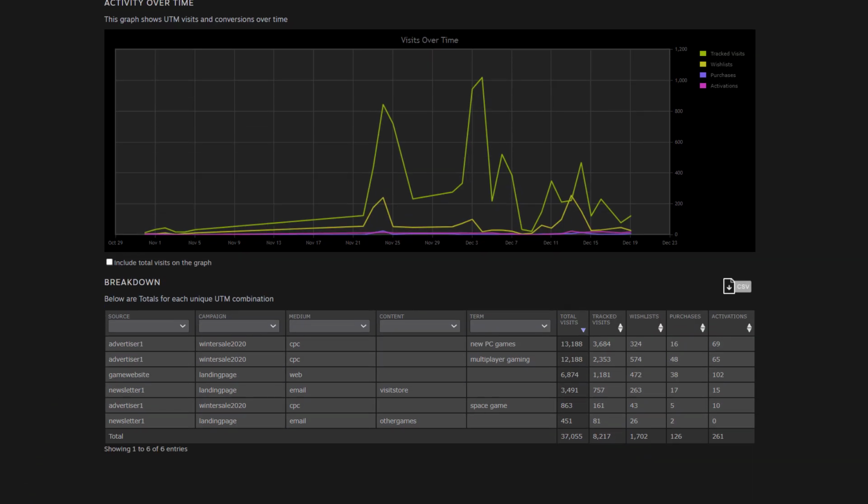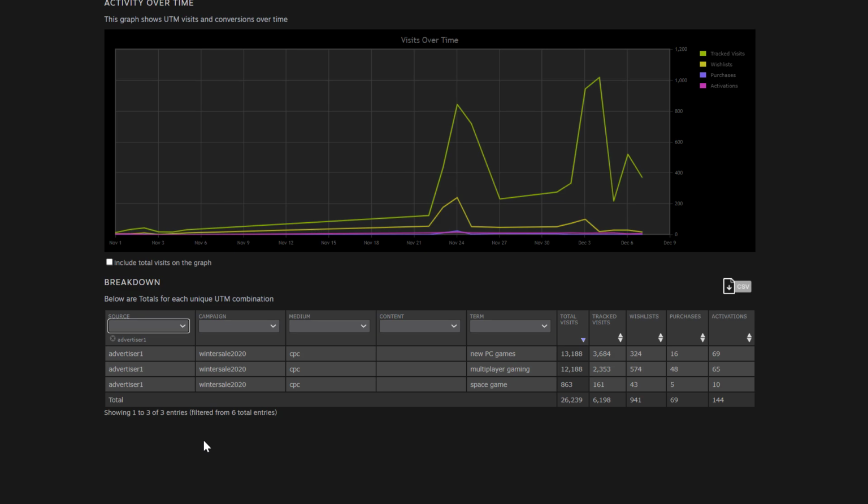And in this section, this detailed view includes information that you can filter based off of whatever you like. So we could choose a different source, such as advertiser 1, and we could even select which campaign we used in a given time period, or we could select medium, content, or term, all based off of the UTM parameters that you have included in your link.